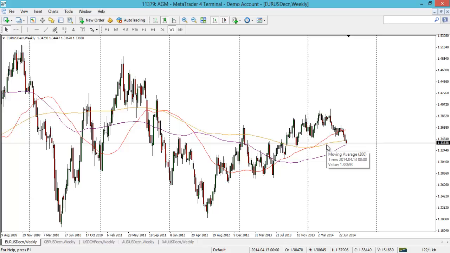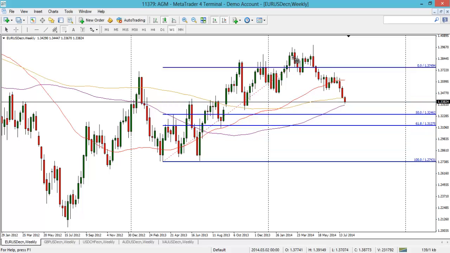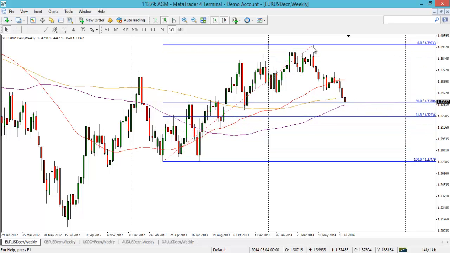Okay, then let's have a look at the Euro Dollar chart. This is the weekly, what has been going on this week. You can see last week we did have a weekly candle close above the 200-week moving average. Some people may have thought we might get a slight test of the 200 and it may have held, but no, it's continued to grind lower this week. And you can see we've finally ground towards this 50% retracement. That's what we've been speaking about for some time now, basically since we had that sort of heavy close there.